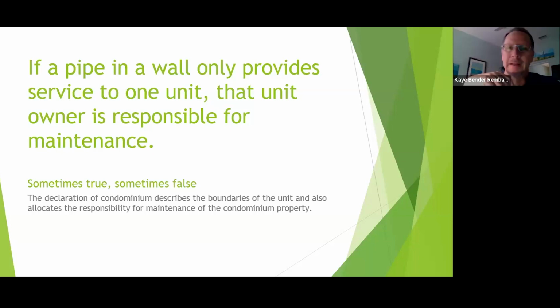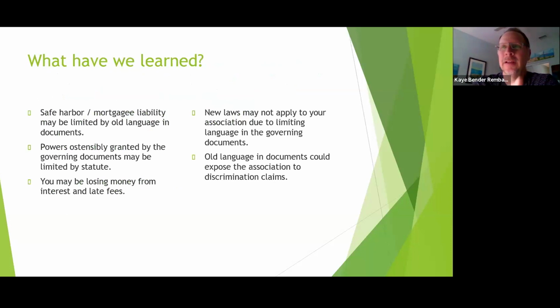I've seen this slide a million times, but every time I see it, I'm like, oh my God, there are so many things that can go wrong on either side. Especially if it's a pipe serving one unit, like the slide says, but let's say the owner's responsible to fix it, hypothetically. But the only way to get to that pipe is to go through a wall that is outside the unit, which is association property. And then the owner's responsible. And what if, after the pipe is fixed and they put everything back together, it doesn't look right? Oh my, so many things can go wrong. It's like a nightmare.